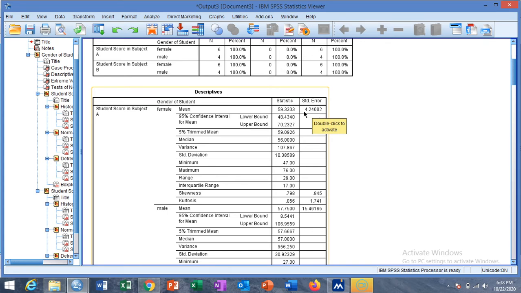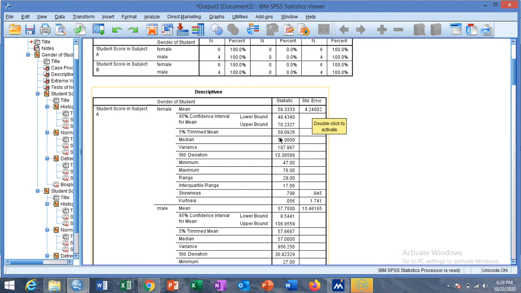Or 59.33 plus or minus 1.96 into 4.24 gives these two values. This is the lower confidence limit, and this is the upper confidence limit.